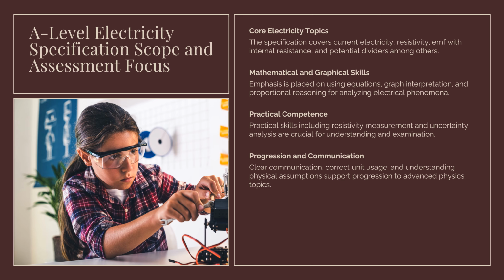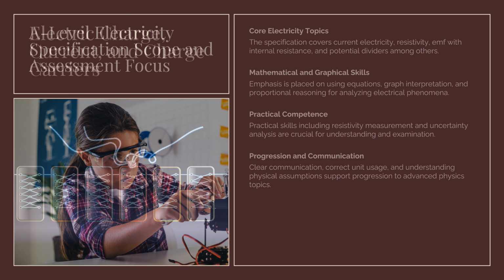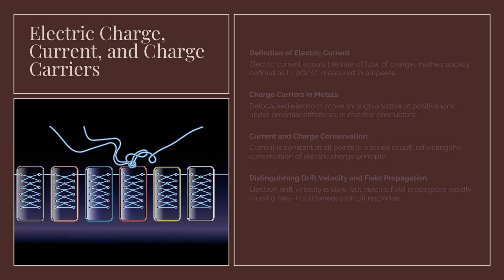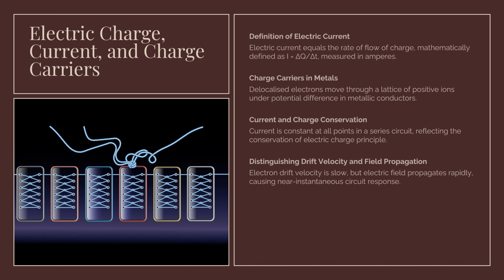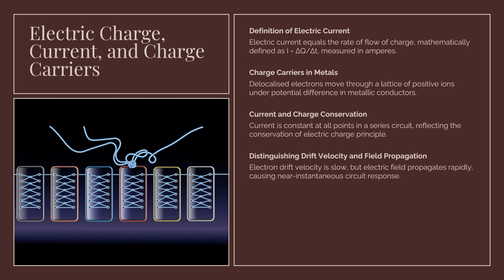Students are expected to confidently use defining equations such as I = Q/t and V = W/Q, rearrange formulae, and apply proportional reasoning when analyzing relationships between variables. Electric current is defined as the rate of flow of electric charge, expressed mathematically as I = Q/t. In metallic conductors, the charge carriers are delocalized electrons that drift through a fixed lattice of positive ions when a